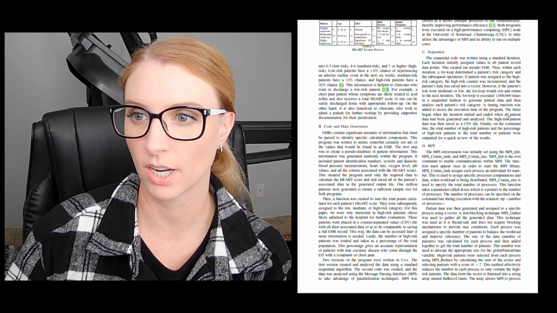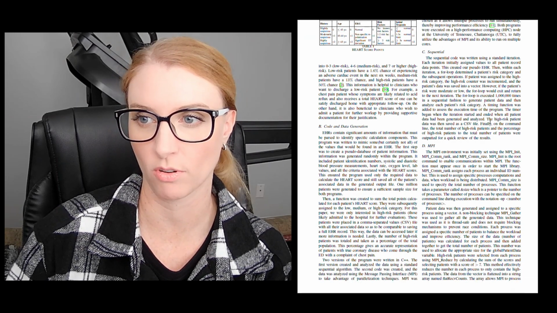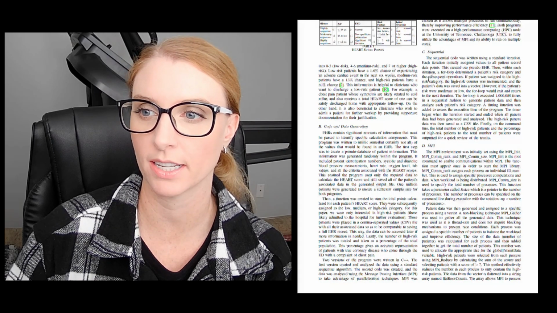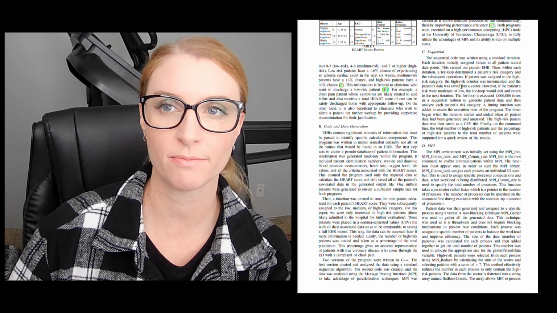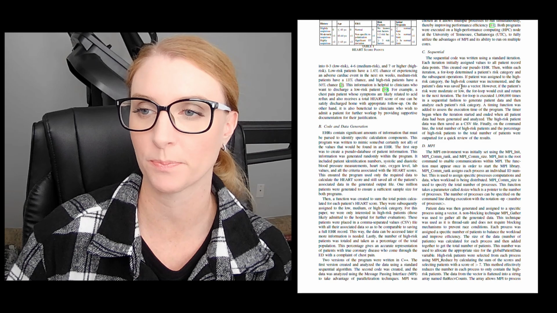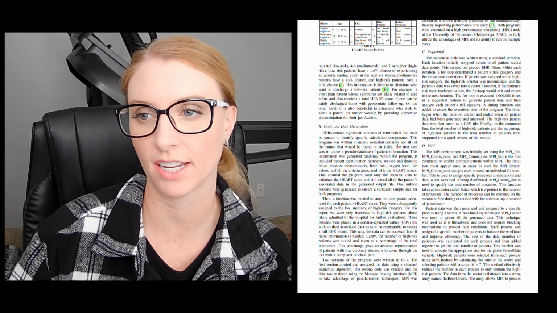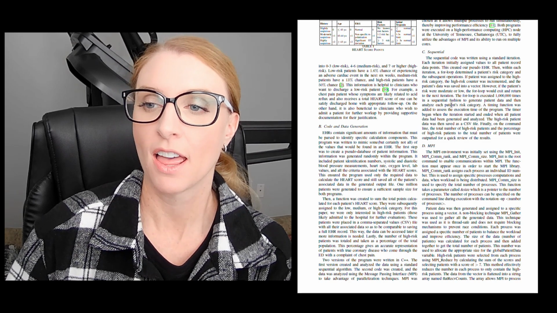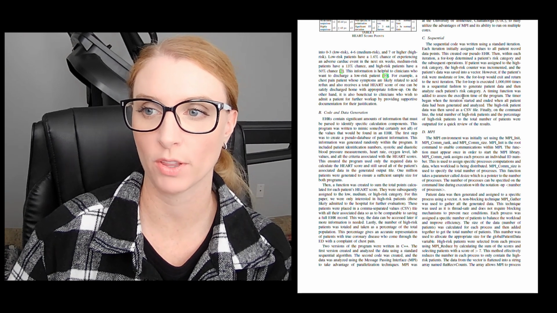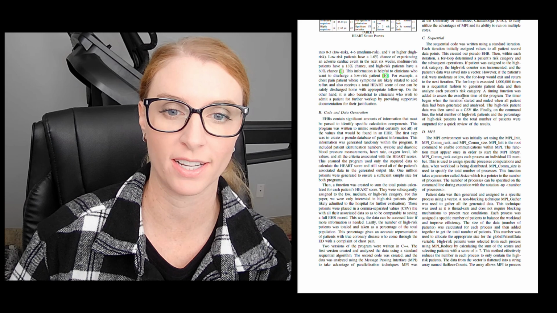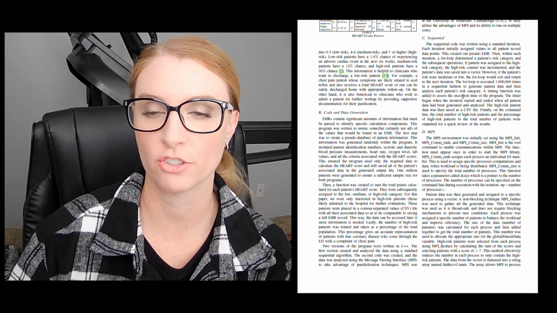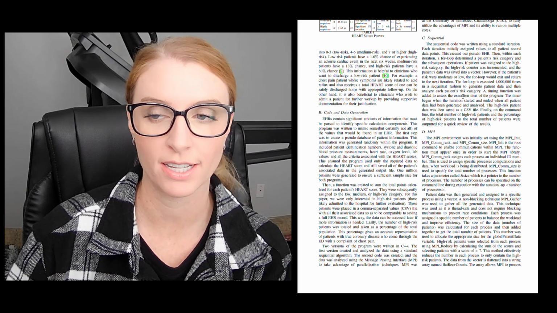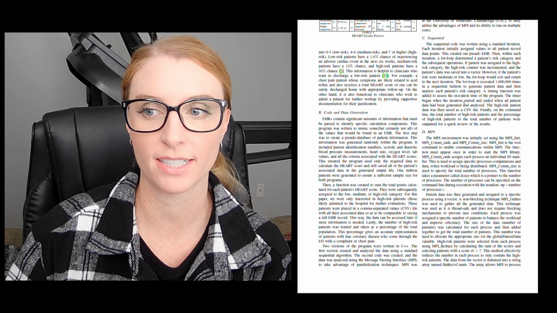So the first code I wrote was a sequential code. So it literally just goes through each patient. It generates random values for the data that I just explained. And then within that for loop, it would analyze each patient to determine whether they were high risk, medium risk, or low risk. And I chose just to separate the high risk patients out and save all of their associated data